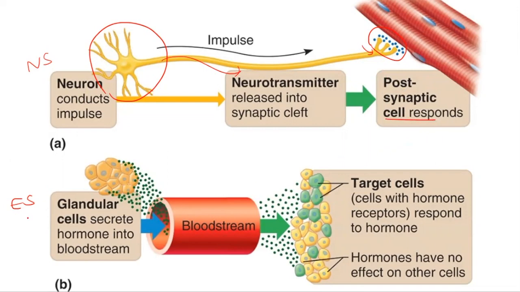For the endocrine system, the cells that we are interested in talking about are called glandular cells. These are, again, comparable to neurons. Glands are the ones that secrete hormones. Glandular cells are going to produce hormones into the bloodstream, and hormones are going to travel through the bloodstream to